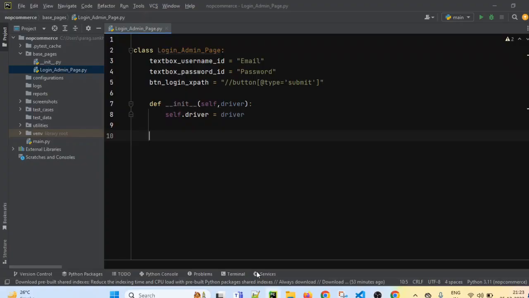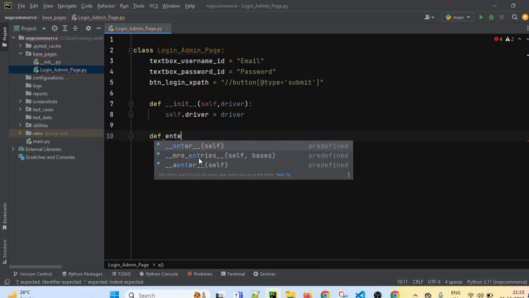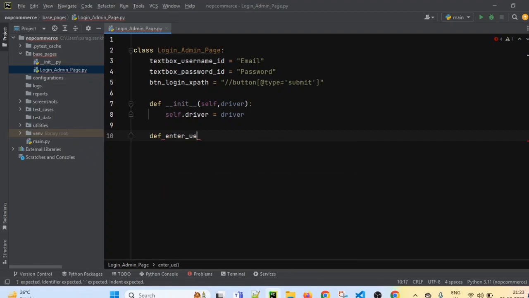So I will just write 3 action methods, let's say def. Let's give the name to the first action method as enter_username. So we are entering the username. Self keyword means it belongs to the class.